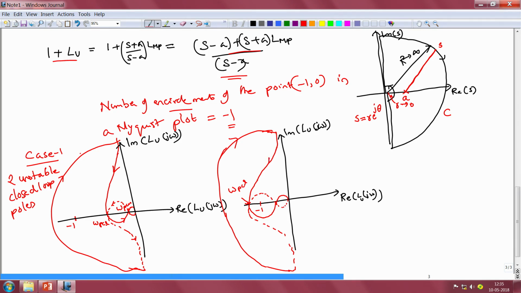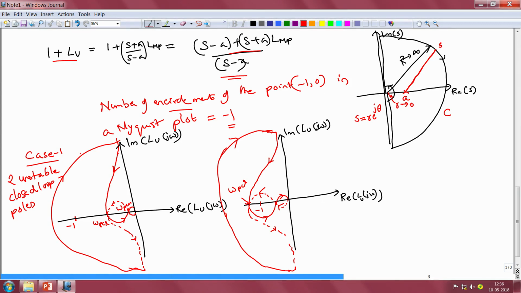So, if you were to draw the arrow for the direction in which the loop gain moves when the variable s is taken around the D shaped contour in the clockwise sense, we know that it moves down this way and then that way, finally this way, and along the negative imaginary axis this is the way in which the loop gain changes as we traverse the D shaped contour.